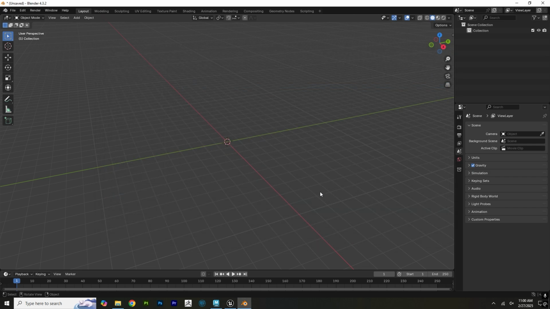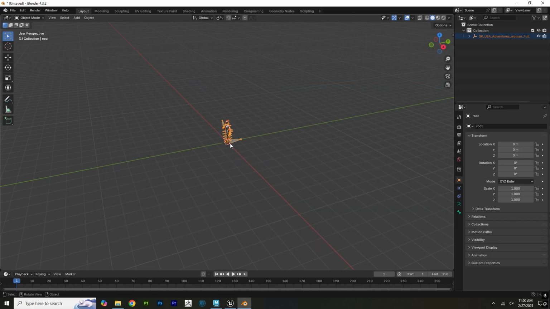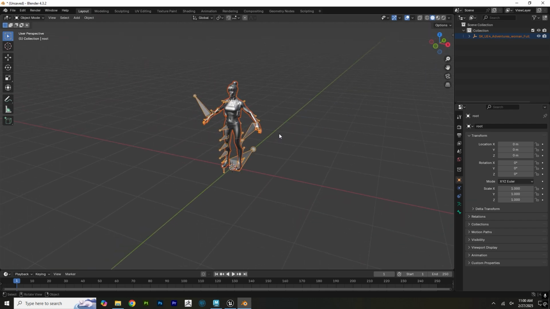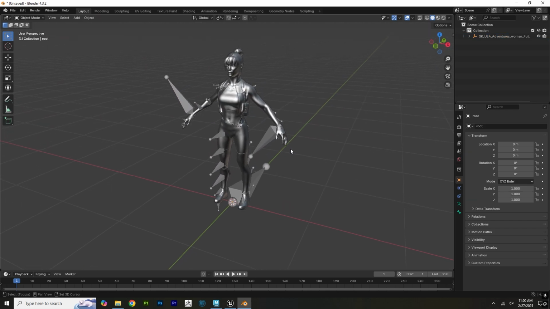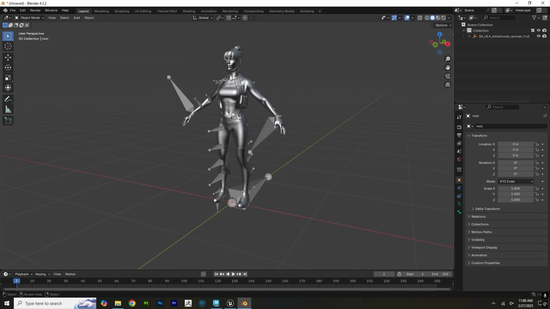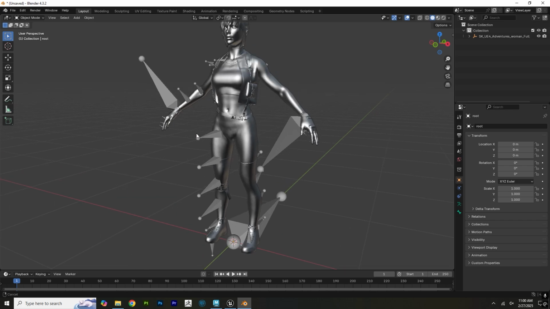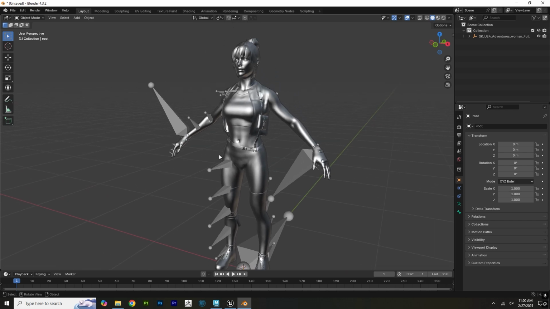Import the FBX. Now you'll see the skeleton normally in Blender for Unreal is not supported properly, so the bones are all wacky. This part takes a little bit of adjusting, and the importing into Unreal will be a little bit different. So we're going to select the skeleton, tab into edit mode, deselect everything just by clicking off to the side, and